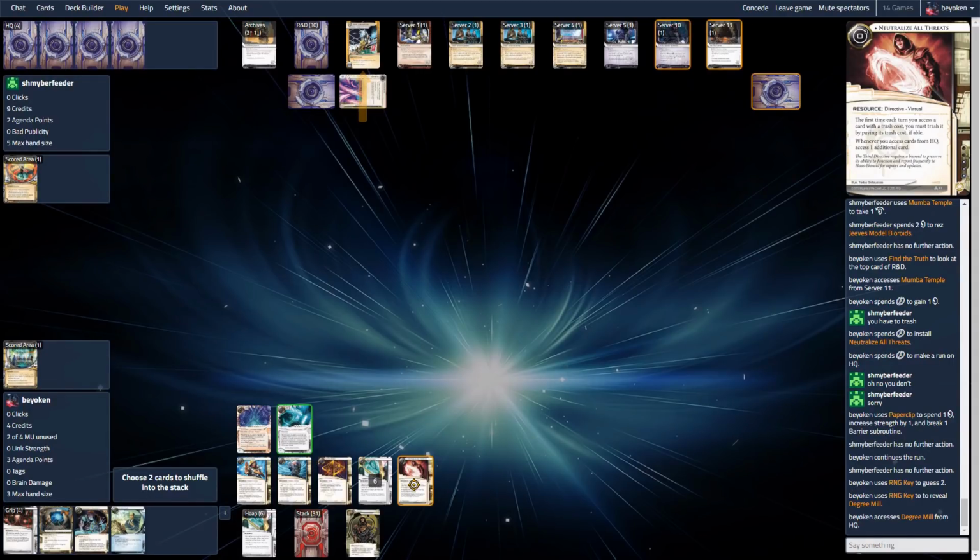We don't really need the RNG Key. There are 3 copies in our deck, so we'll definitely draw into 1 at some point. And we are also going to put the Neutralize All Threats back into the deck once more. Are we? No, let's put Safety First back in our deck. I'm thinking Safety First here, because